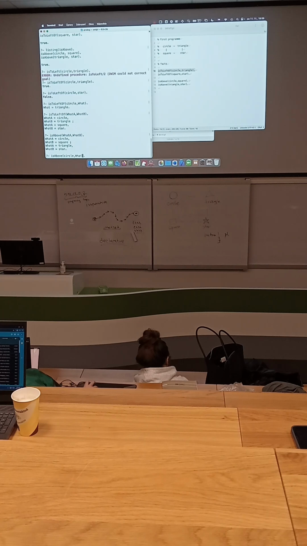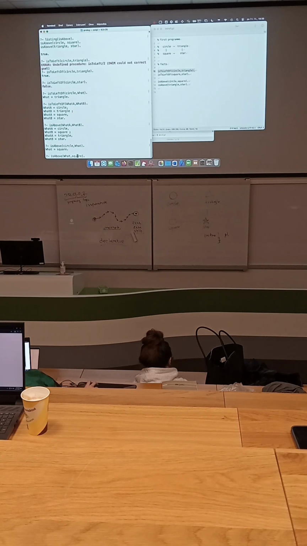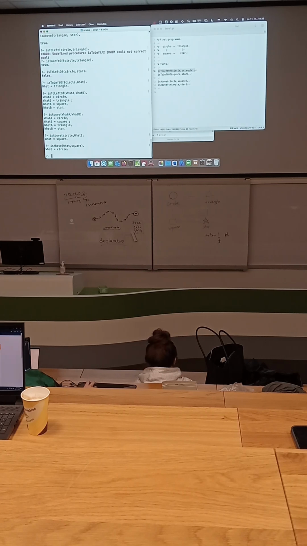So now I am asking what is above a circle? Square. Or there is yet one extra variable.